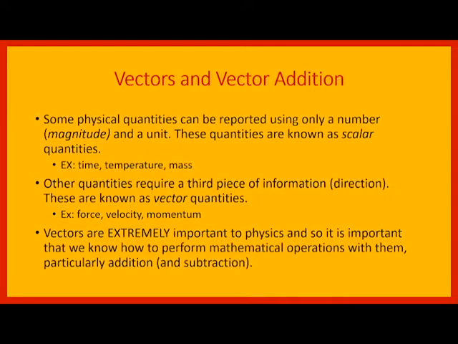And so some physical quantities require that we include a direction as well, and these quantities are known as vectors. Vectors supply a third piece of information. They give you an amount, give you a unit, but they also give you a direction. They tell you which way something is going. Vectors are extremely important when we talk about physics. So it's important that you understand how vectors behave, and it's also important that you understand how to mathematically add